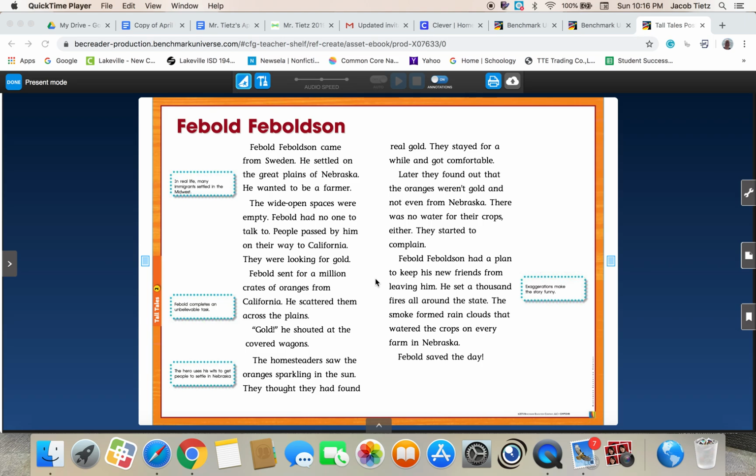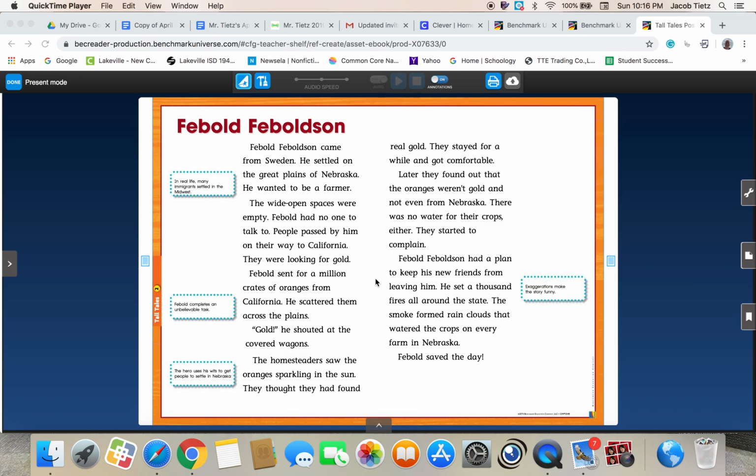Another thing that makes it a tall tale is that the hero has to fight a bully or outwit a bully in the form of nature, a machine, or a group of people. And that's usually who the main character has to fight in a tall tale. And the last thing that makes a story a tall tale is that the hero may have a helper that might be an animal or an object. Example with Paul Bunyan is Babe the Blue Ox.